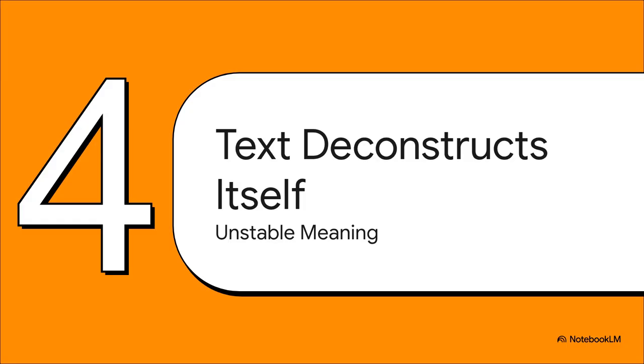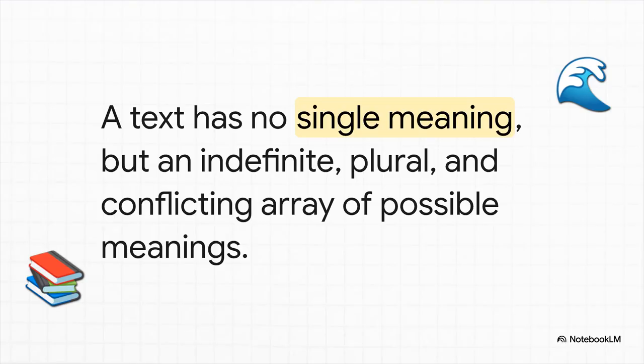I know that was abstract, so let's bring it all down to earth and see how this works when we actually apply it to something concrete, like reading a book. When you read a book with a deconstructive eye, you stop looking for the one true meaning. Instead, you see the book as this wild playground of conflicting ideas, all duking it out on the page. You're not trying to find one single answer. You're trying to see all the unresolved arguments happening at once.